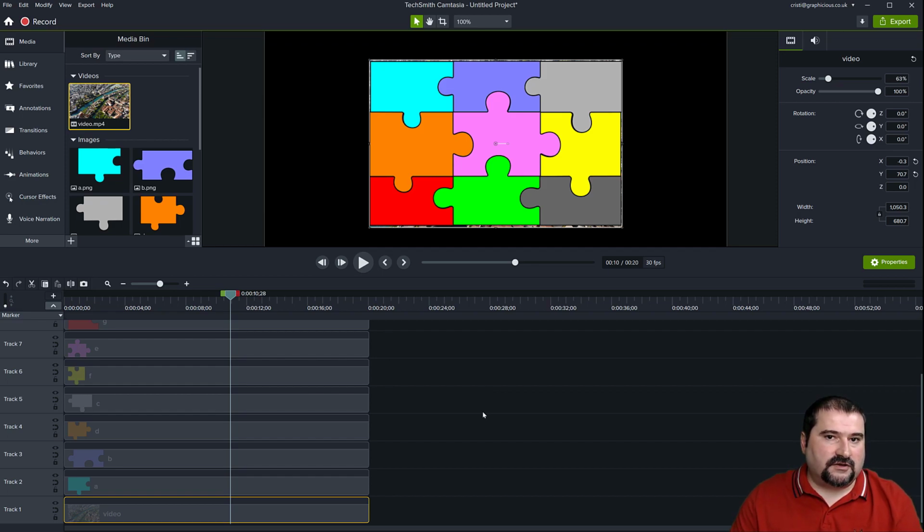What we're going to do is animate each piece individually, because we want them to come in and build this video as we go. Because of that, each piece is going to have a chunk of the video inside of it. That's why I said assemble your puzzle first, put the video in there, and now we're going to start building the individual pieces.